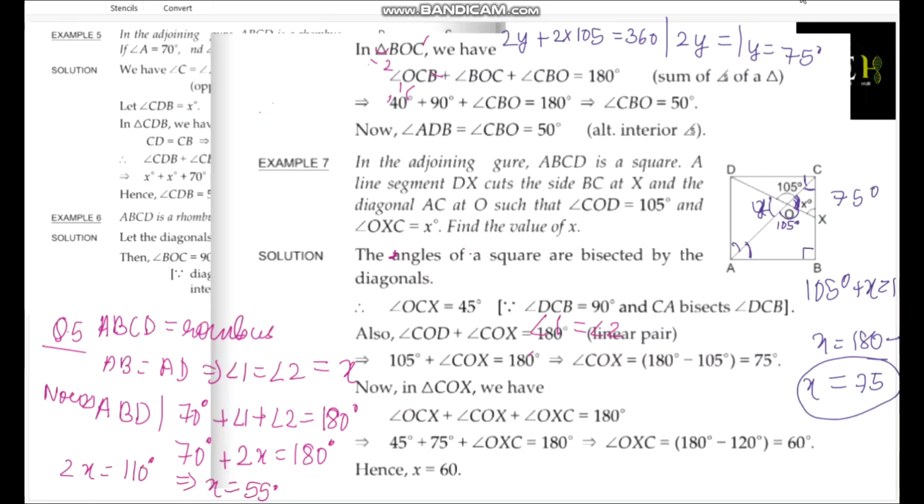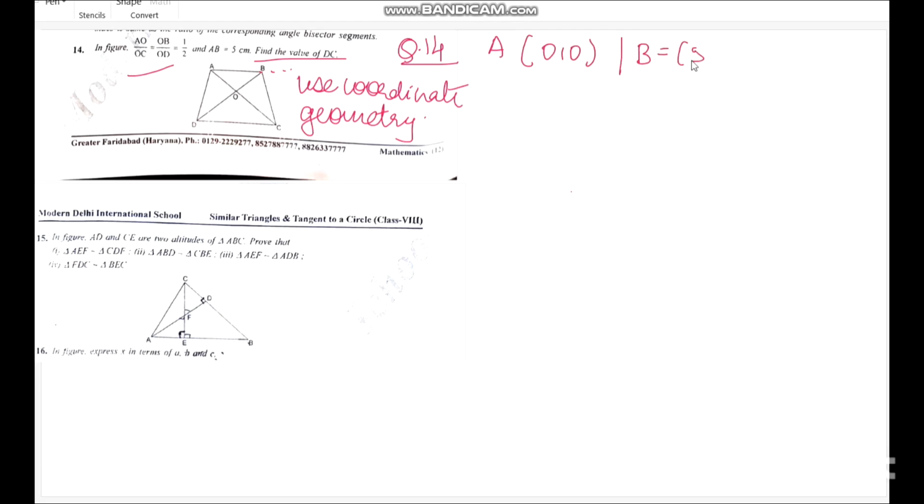Okay, good Meher. And some of the ratios they have given, they are asking about DC. So what I will do, I will put the figure and use coordinate geometry, so that my points are identified. So I will say that AB lies on the x-axis. I have assumed that this is my x-axis. So AB is on the x-axis. Point A will be 0, 0, and point B will be 5, 0. Okay, first thing, AB is 5.